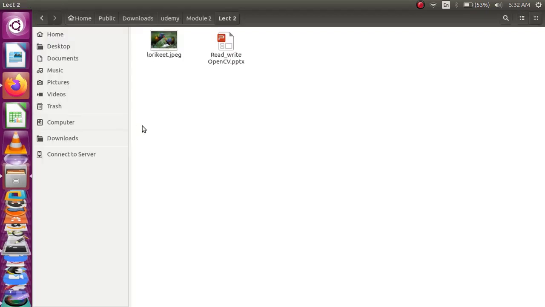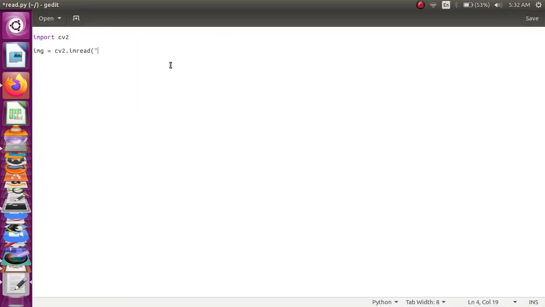I have my file under this path. So let me specify the path over here, slash, the name of the image. It is in JPG format. So I have given the file name. Now I have to specify the flag, whether I have to read it as a color image, a grayscale image, or an image with alpha channel. So first let me read the image as a grayscale. Here I am specifying the integer value. You can even specify the flag name itself.